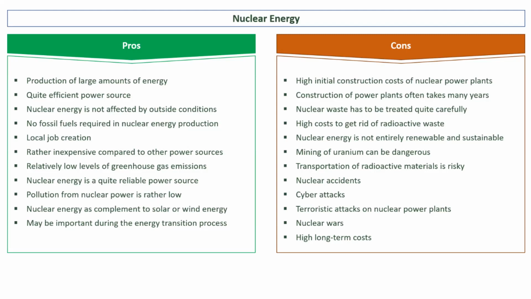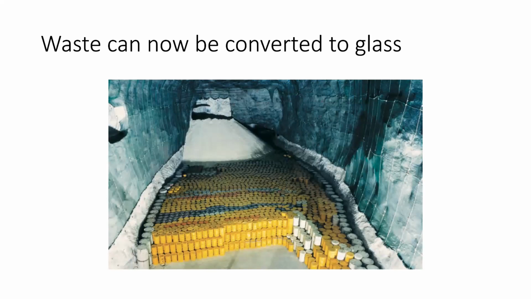But I am a huge fan of nuclear energy. One of the other issues that gets mentioned a lot is what do we do with the waste? A lot of the time, as this picture shows, it just gets barreled up and we're just storing it in one location. This looks like some sort of underground containment area where they're stockpiling all of this radioactive waste. And in a situation like this, as long as everything stays contained, there's really not too many issues with it. Obviously, if there's some sort of leak, that could be problematic because now we've got a whole bunch of radioactive material located in this one area.